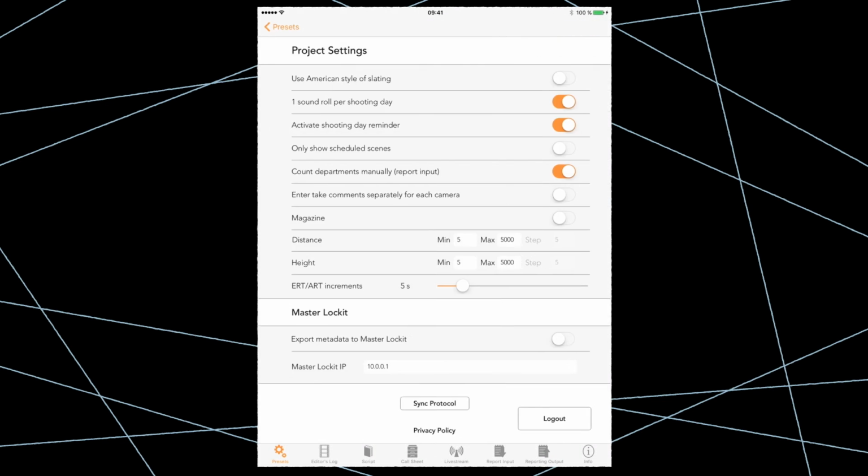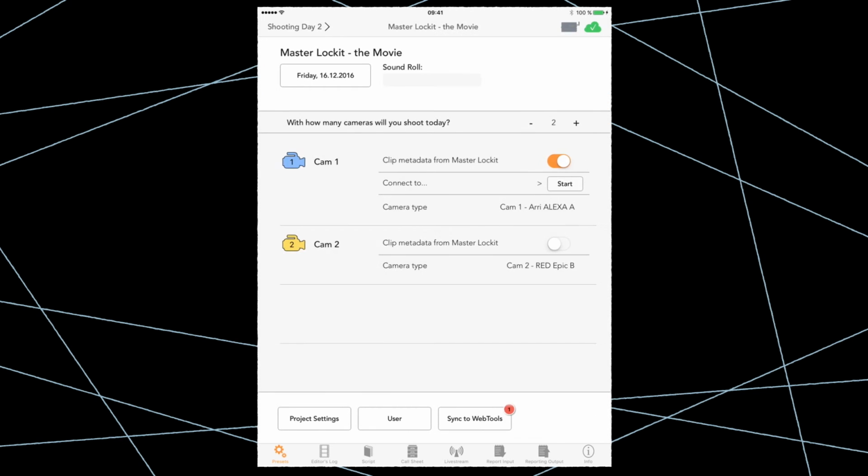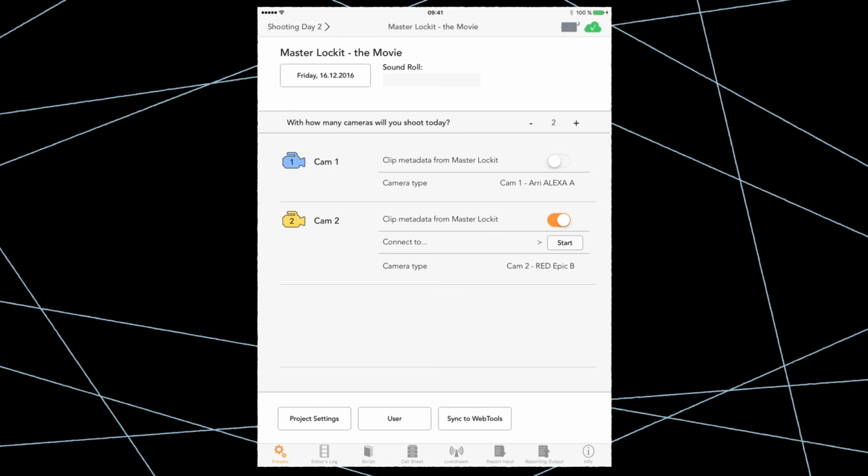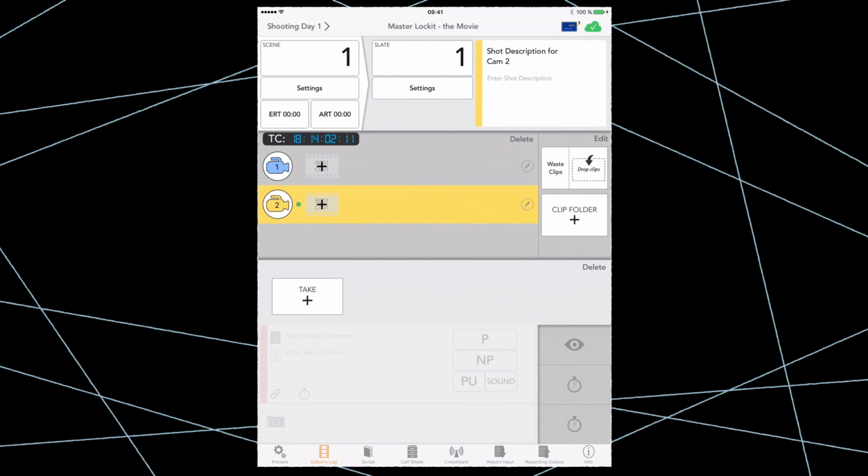In the project settings, switch on Export Metadata to Master Lockit, so the app will transmit the metadata to the master Lockit that is entered by the Script Supervisor. Now every time the camera goes into record and a clip is created on any of the cameras, a corresponding metadata clip is auto-generated in the editor's log screen of the app. This is the key to all related metadata, and it's now ready to be assigned to the appropriate slate and